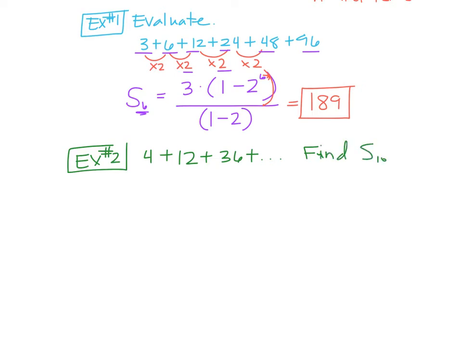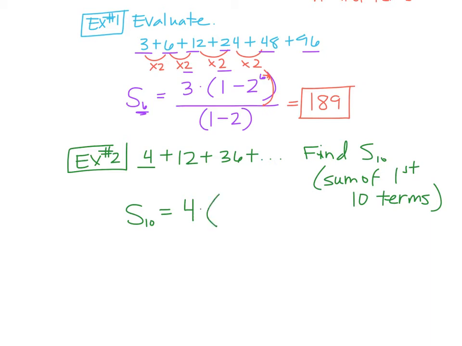So what that's saying is find the sum of the first 10 terms. Okay, find the sum of the first 10 terms. So what you're going to do with this, we're going to say the sum of the first 10 terms is equal to, so we want our first term, 4,